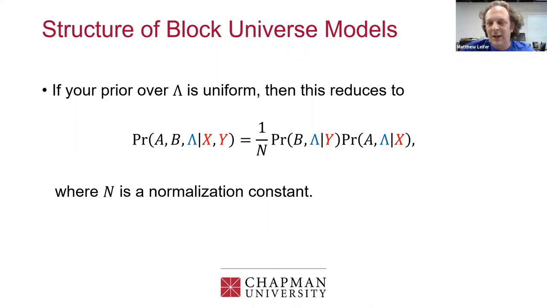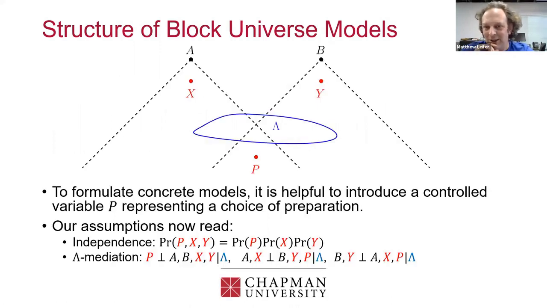Okay, so that's what the structure says. Can this reproduce Bell correlations? Well, in order to formulate specific models, it's helpful to generalize this a little bit. So I'm now going to introduce a preparation variable. The variable P represents the choice of what quantum state you're going to prepare in your Bell experiment, for